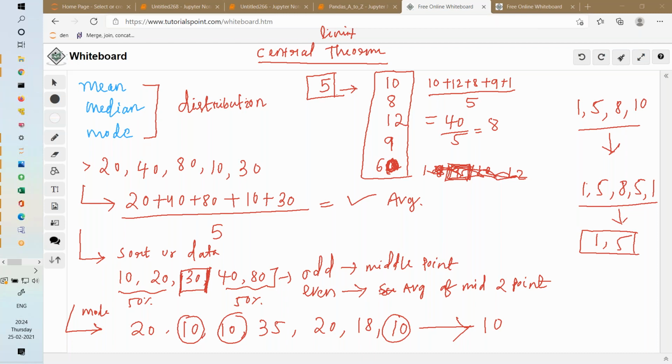Let's say every year in your city when it is summer, the temperature goes from 35 to, let's say, 45 or 40 degrees. This year it is exceptionally high, let's say 55. So that is an anomaly, an extreme value, right? Are you getting it? So, outlier.